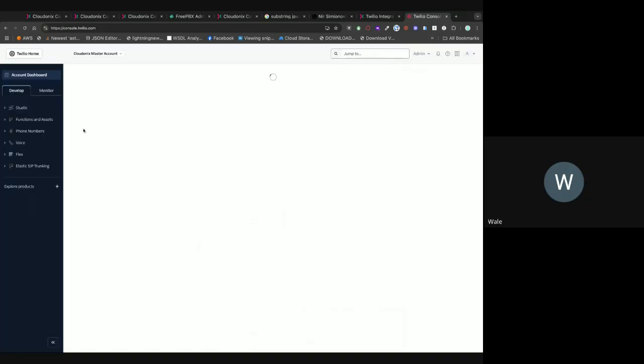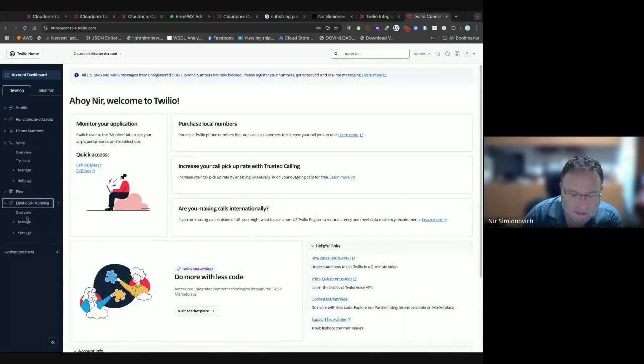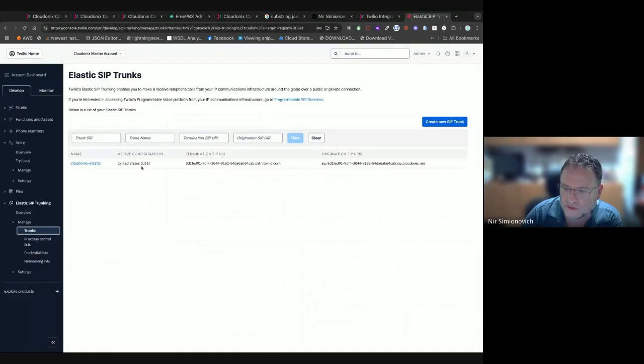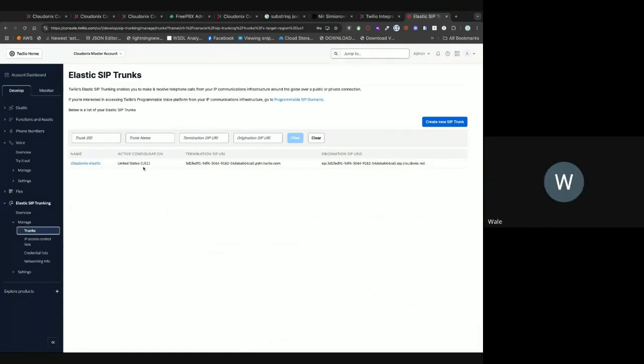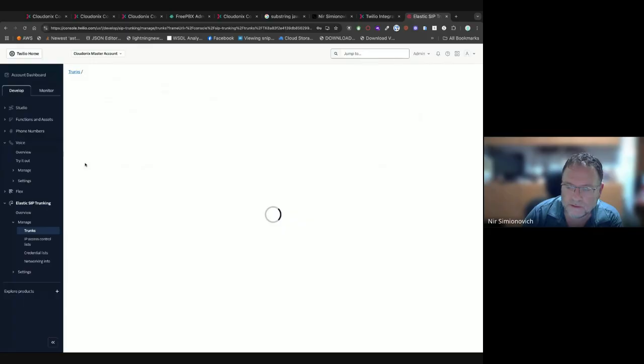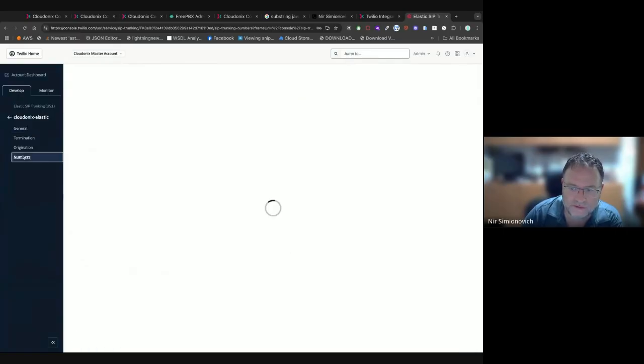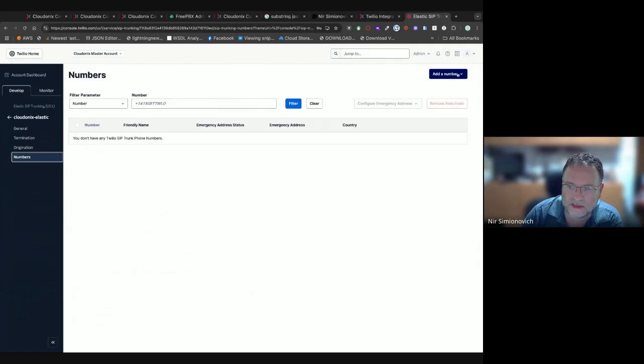So let's see. Voice, Elastic SIP trunking, manage trunks. See, so this is our Elastic trunk, for example, from Twilio to Cloudonix. Okay, so for example, we'll go in here. If I go into numbers, I can say add a number.